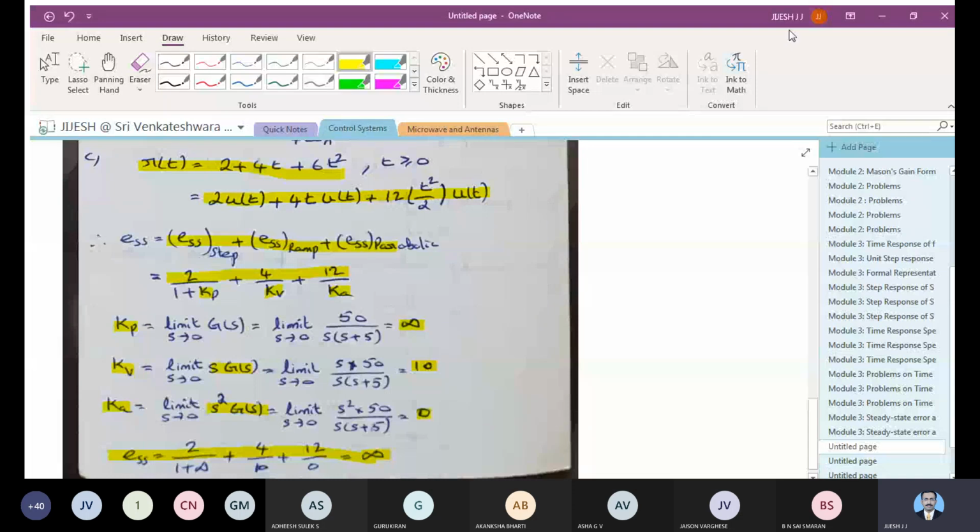So in control systems, if you think beyond a level, that will be good for you. You have to see some more problems and try to solve them. We can solve maybe so many problems, but apart from that, there is still a chance for you to solve more problems. So try to solve as many problems as you can. And you can share them with your friends as well. That is a good practice to go with. Let me also see what varieties of problems you are solving. You can just update me in the group as well. So all those things can be done.